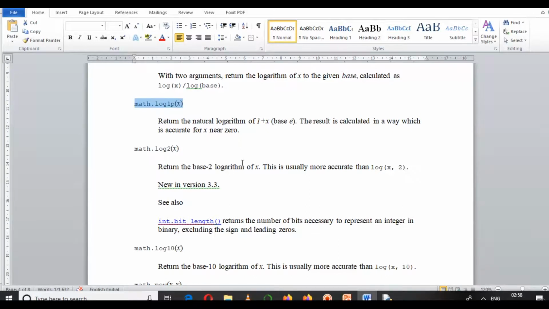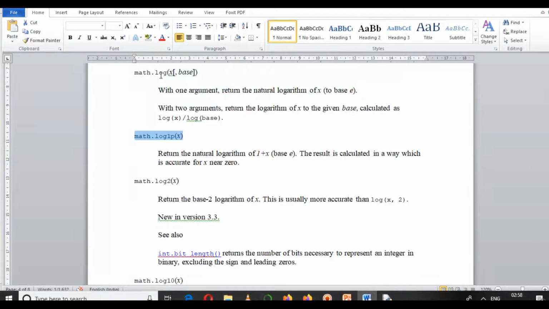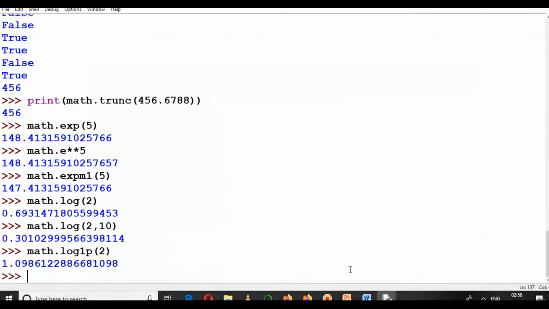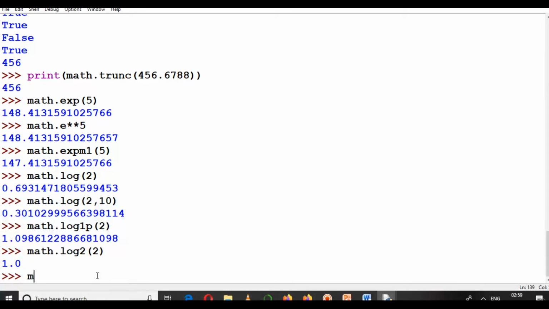So if you have to calculate the log of any particular number with base 2, you can use the earlier method also, but you can see some methods do the same thing and are more accurate than other methods. So they have created a particular method for log base 2, math.log2, and we can calculate math